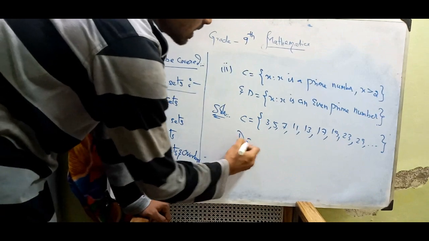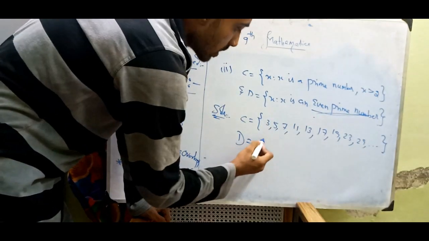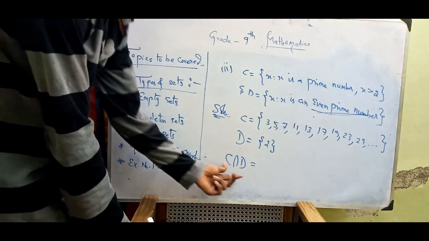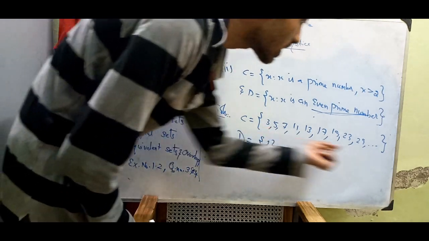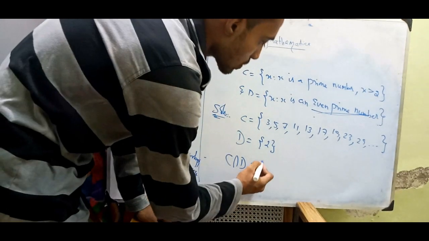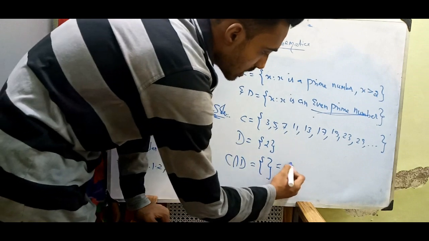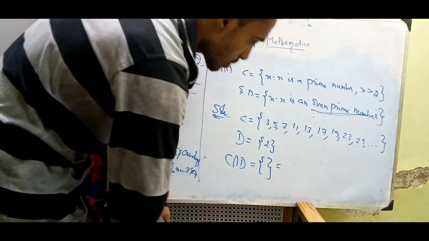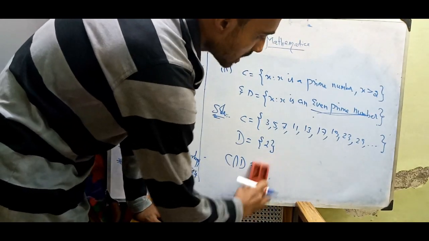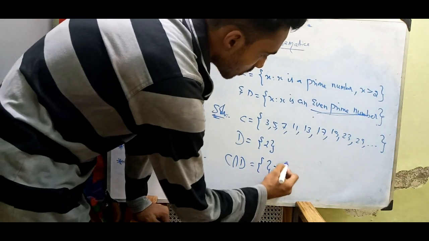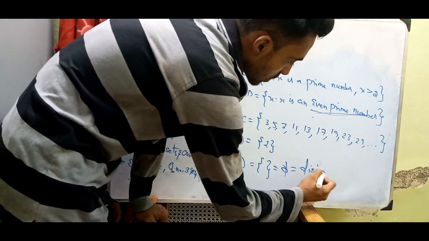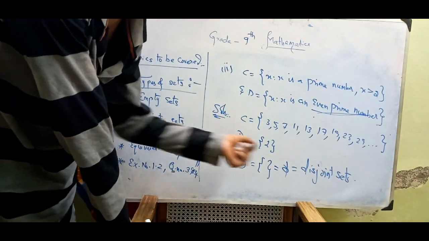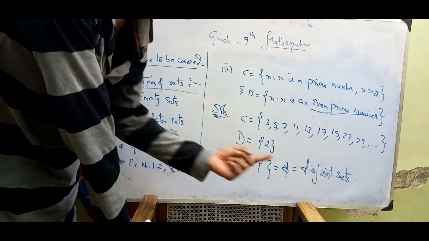Okay. So what about D? D is an even prime number. There is only one even prime number which we have. What about C intersection D? We need to find it, right? So C intersection D is, there is no element 2 contained here in set C. So therefore no such element. So this type of set is called an empty set. So C intersection D is empty, right? You can also use this way or also this one. So this is a disjoint set. You can say like this, the given pair of sets is a disjoint set, or you can say C and D are disjoint sets.